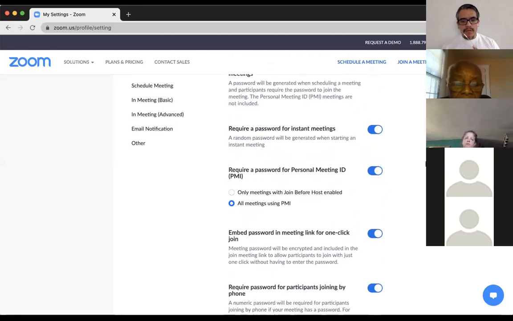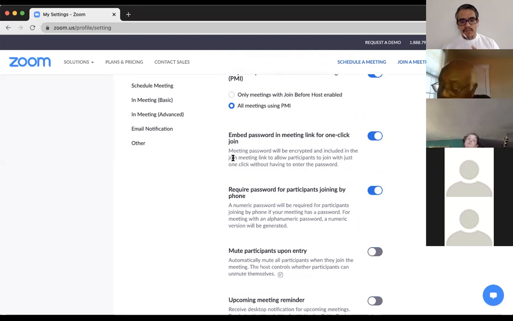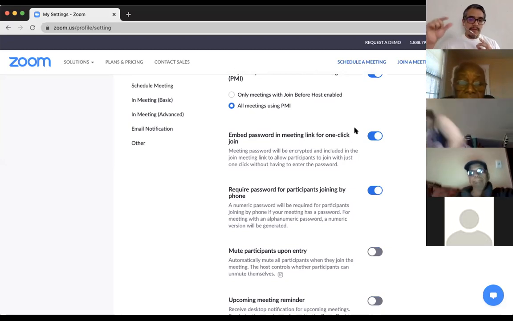A couple of things that I want to go in here is the embedding the password in meeting link for one click to join. What this essentially means is that Zoom also on April 8th enabled the password for all meetings. So every time you schedule a meeting, the password field will be automatically turned on. And what that means is that every time a student receives a link on the invitation, he or she will also receive a password. If you enable this option, what this option means is it will encrypt the password into